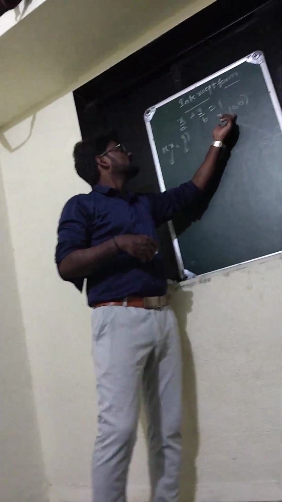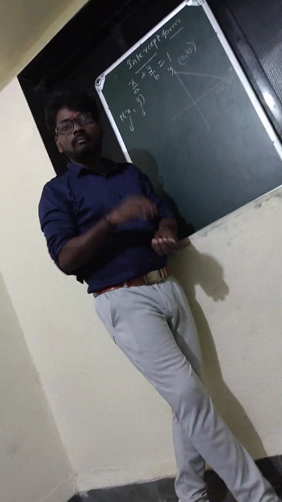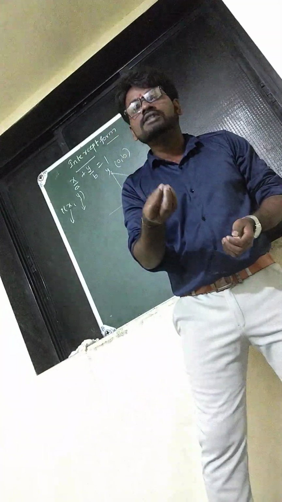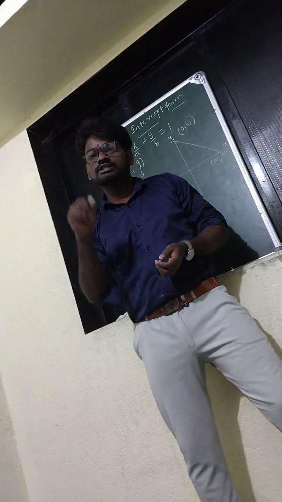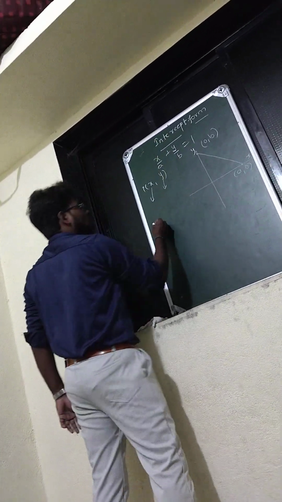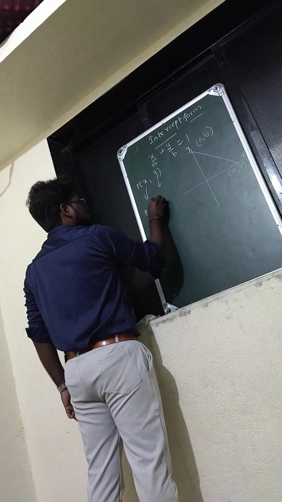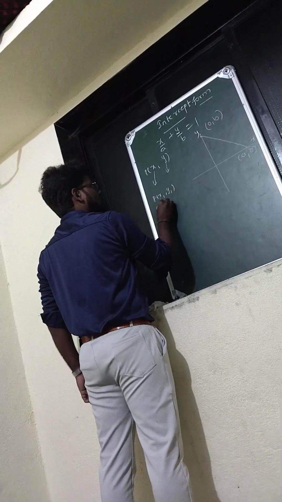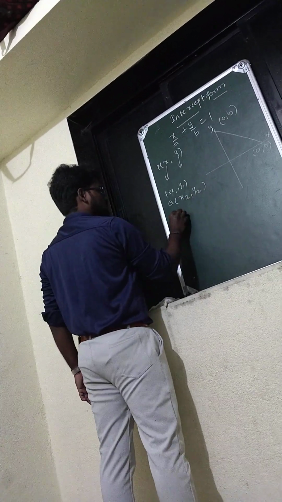And one point passes through only the y-axis, the x position is 0. One point passes through only the x-axis, the y position is 0. At the same time, one point passes through only the y-axis, then the x position equals 0. And x1, P of x1, y1, and Q of x2 comma y2. What is the slope form?